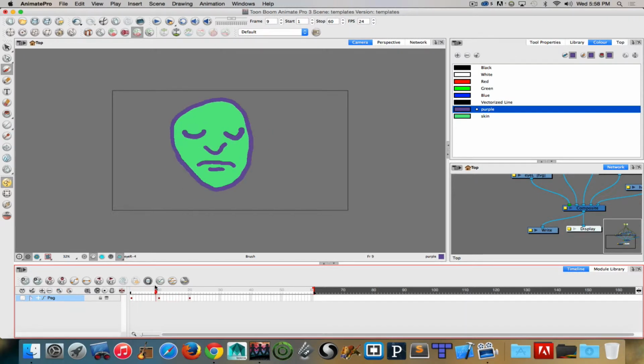I could have additional mouths. If I had a talking character, I could have mouth shapes. If I had an acrobatic character, maybe there are additional drawings that I would want for different body parts as part of it. So once we do this, then we're set to turn this into a template that we can then